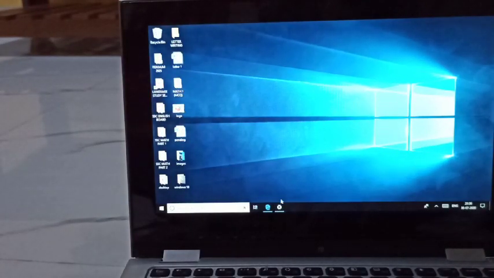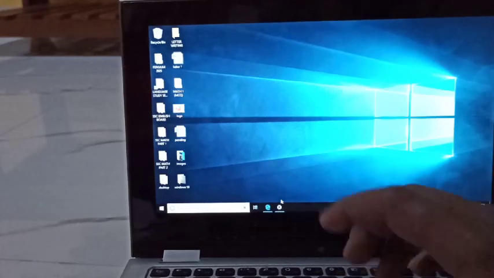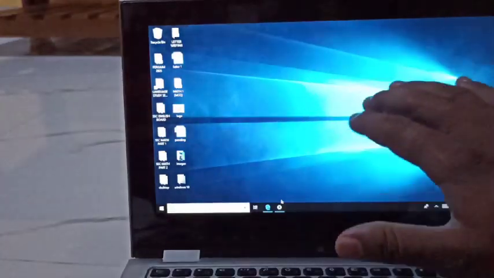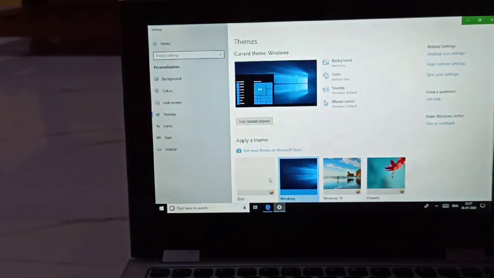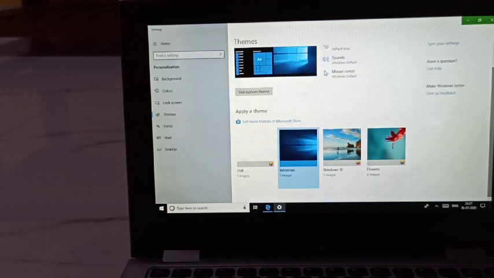So simple. So what are the steps to change the theme? First, right click on an empty area. Anywhere on the empty area, just right click and select the personalize option. After that, go to the settings, click on the theme option, right? And from here select the theme which you want, and that theme gets applied automatically, right? It is very easy, right? Compare this with our Windows 7.